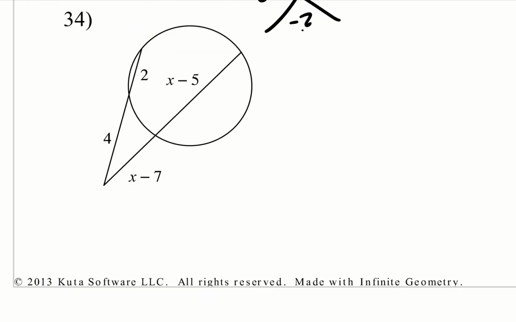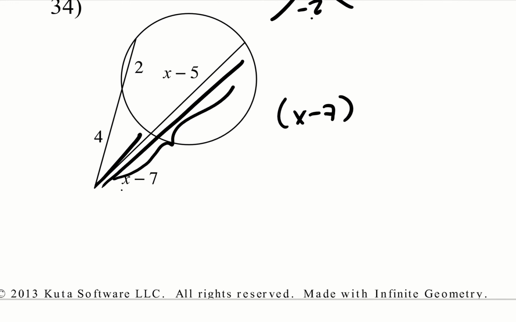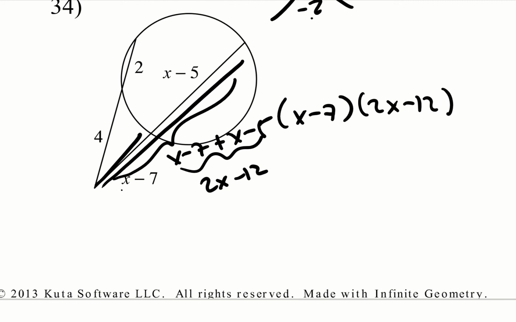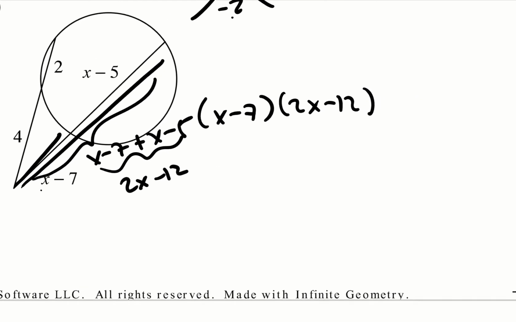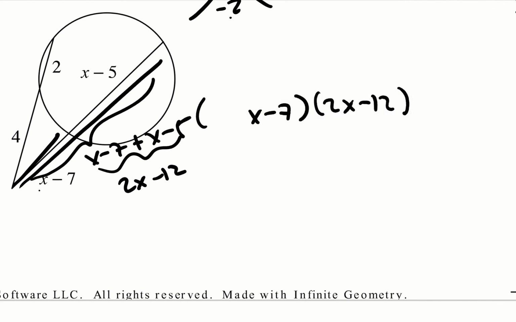And for 34, we have outer times whole. The whole thing is x minus 7 plus x minus 5, which is equal to 2x minus 12. So we got to multiply that by 2x minus 12. So let me move this over. Is equal to